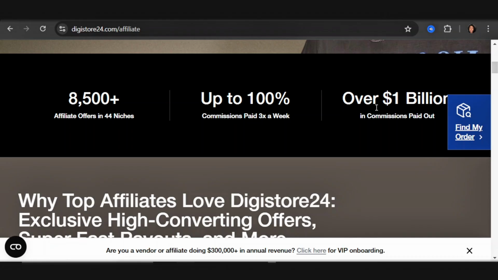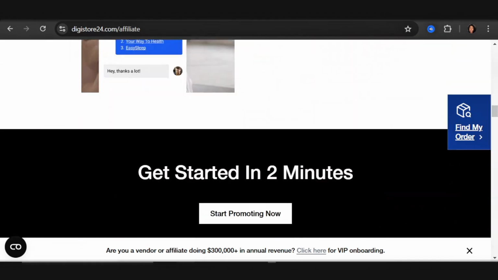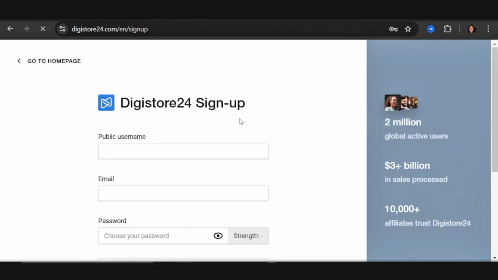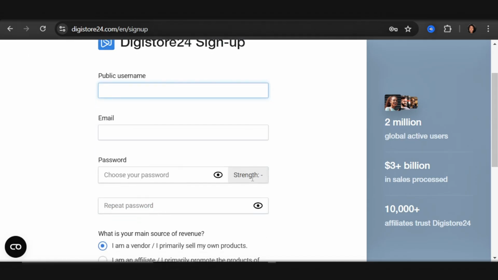Now, the very first thing you need to do is sign up, and what you want to do is click start promoting now. And once you do that, it will bring you up to this sign up process. Here you want to put your public username, which will be visible to the public. Here you want to put in your email, you want to choose a password, you want to repeat the password,